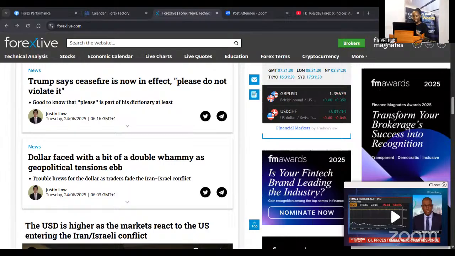So early on today, we saw a news headline saying that Trump is calling for a ceasefire. He said, ceasefire is now in effect, please do not violate it. After seeing this, I knew it was going to have an effect on the chart, because ceasefire typically means de-escalation, right? So you see traders begin to unwind from their safe haven positions and move into riskier assets. Commodities like oil will begin to dip, which means CAD will dip. Then we'll see more strength going into AUD, strength going into NZD as well.